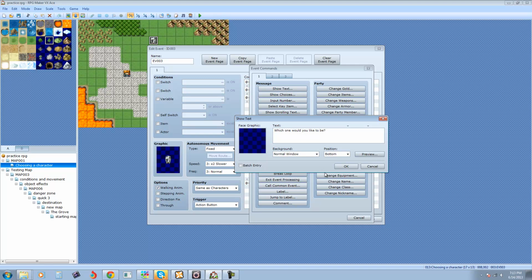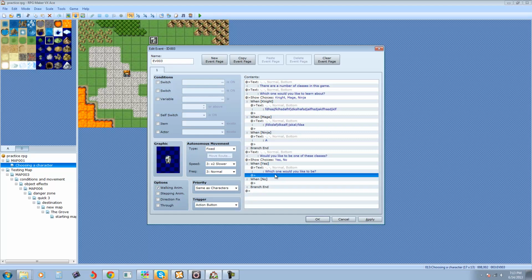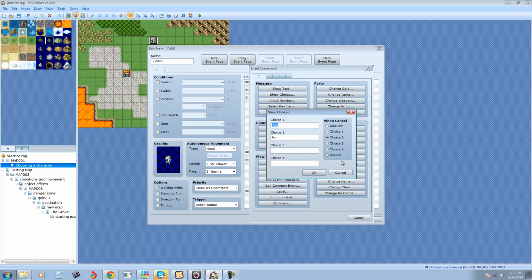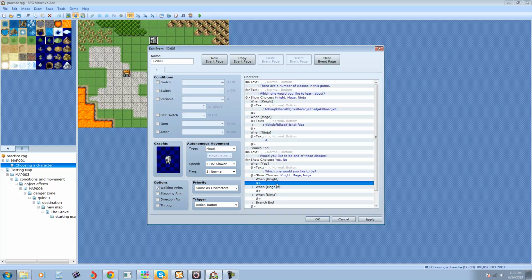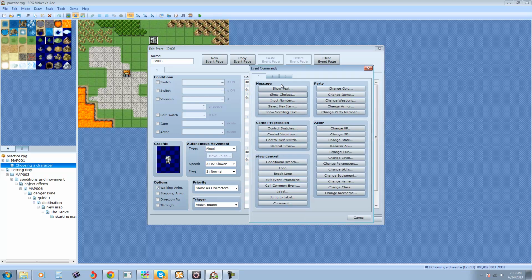Question mark. By the way, I'm double clicking to get to enter this information. And then you say show choices. And then you do your thing again. Knight, mage, ninja. Awesome. Disallow cancels. And then under each one, so make sure you're under each one, because that's where the choices are made. So double click on the blank under knight, and you go into these systems